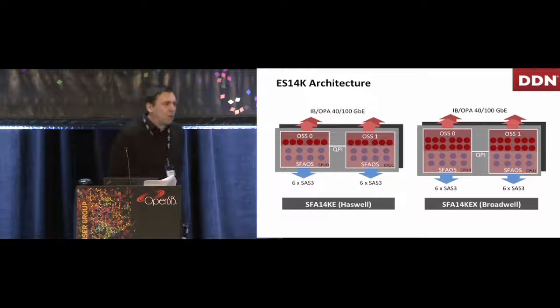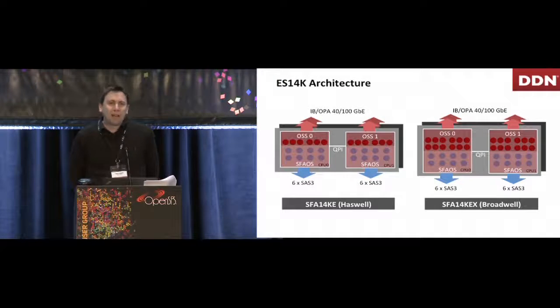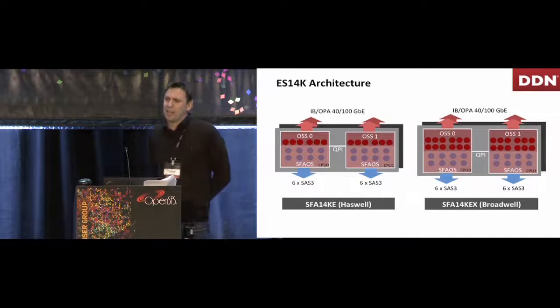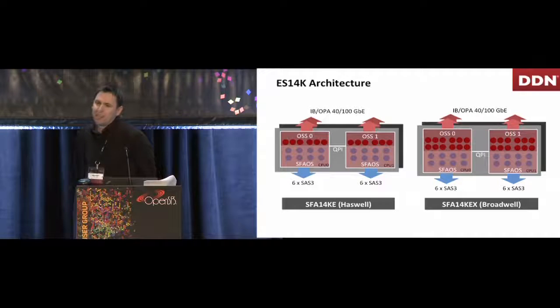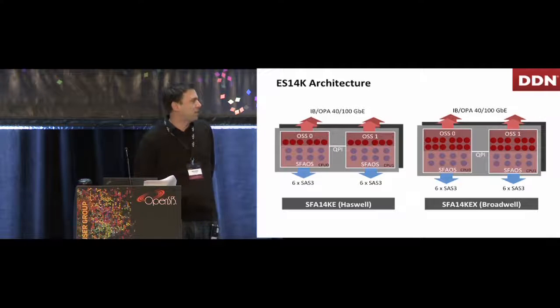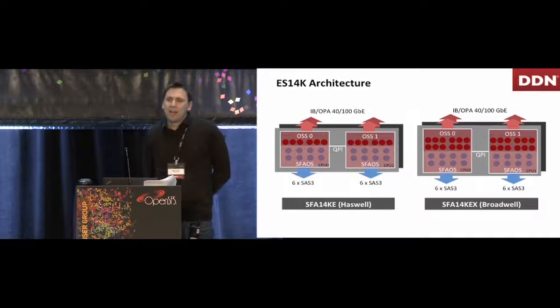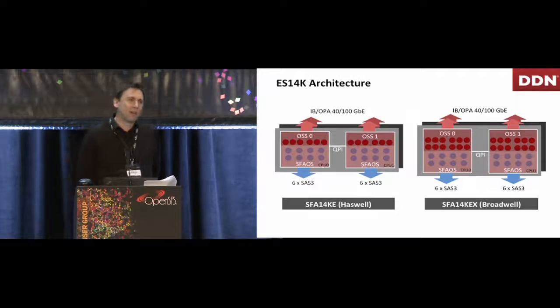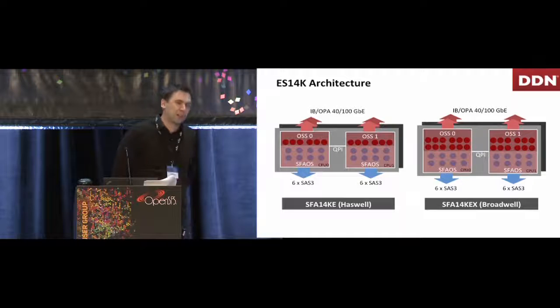A little bit more detail for those who aren't that familiar with our embedded system. If you look at the picture on the left here, that's a high-level diagram of the architecture. You can see there's two controllers, one in the foreground, one in the background. Each controller has two sockets, CPU 0 and CPU 1. And then we divide the resources of the cores on that system amongst two things. One is, obviously, we need to have Lustre object storage servers.